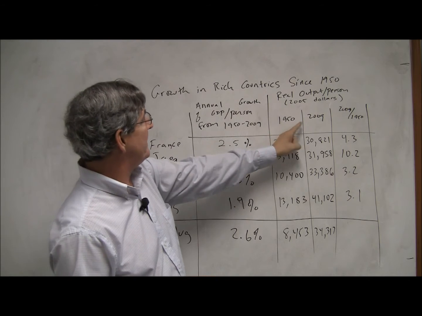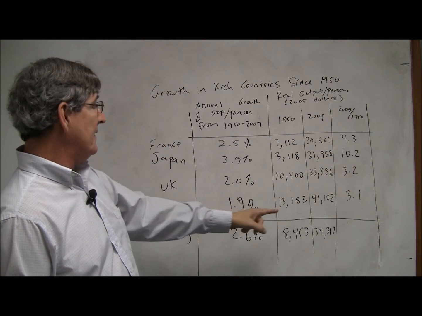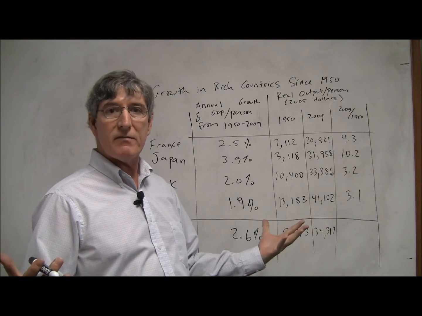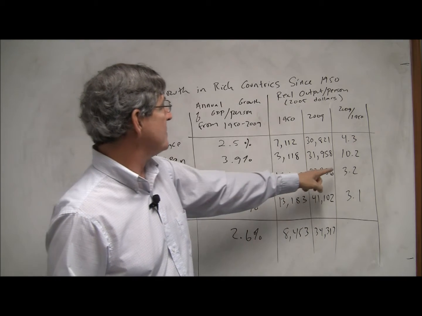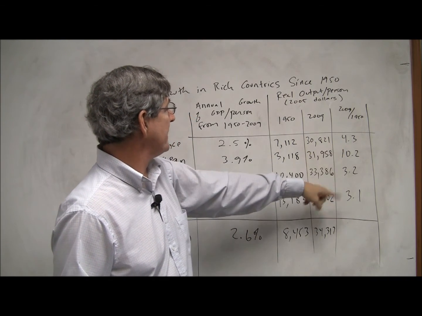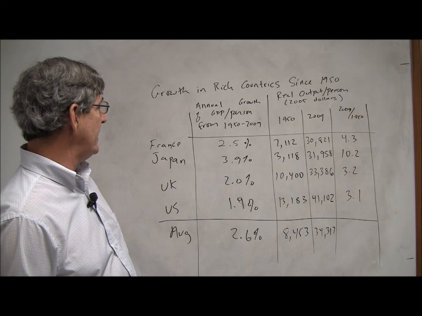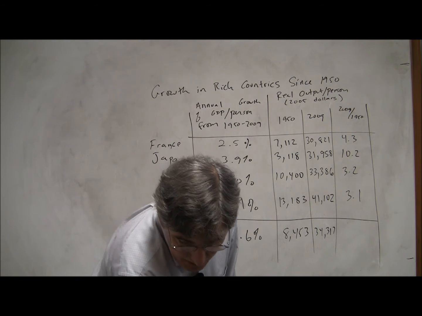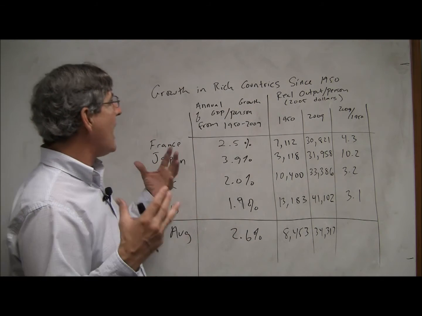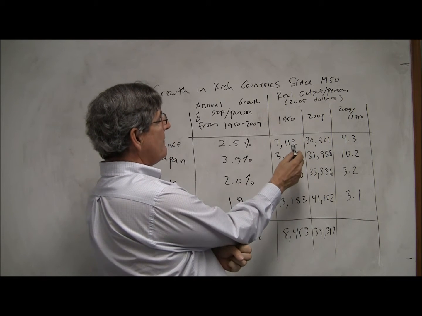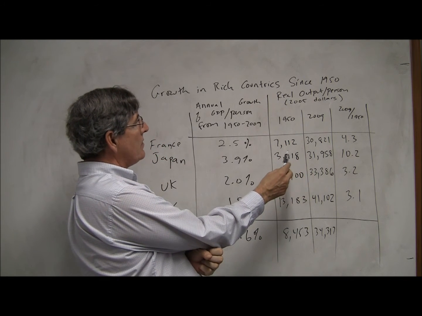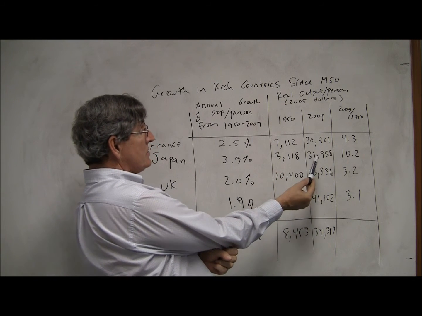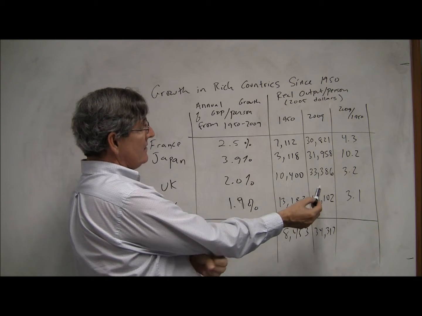So what that tells you is, I don't know if you realize this, but just in the last 60 years, from 1950 to 2009, the standard of living in the US has tripled. It's 3.1 times. You can buy 3.1 times as much stuff per person on average. For Japan, it's 10.2, and so on. France is 4.3. So here are some things to notice. There are 2 main conclusions the book talks about. First of all is how fast income has grown. How much income's grown over that 60 year period, from 7,000 to 30, 3,000 to 31, that's a huge growth rate, 10 to 33, 13 to 41.